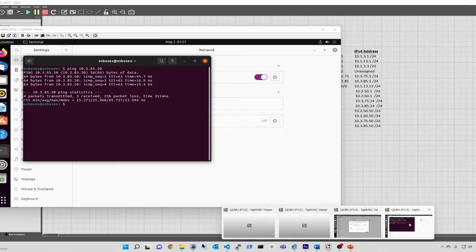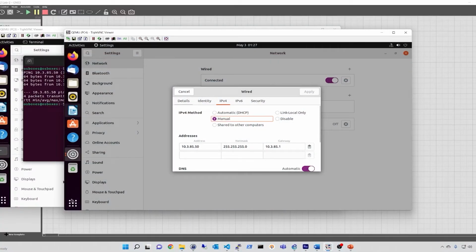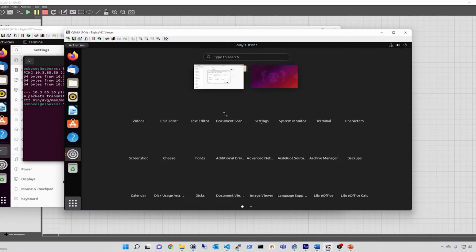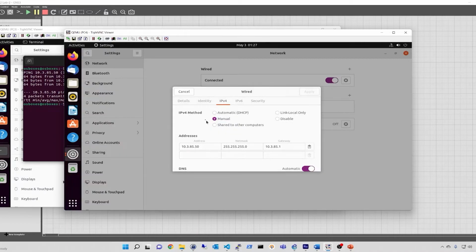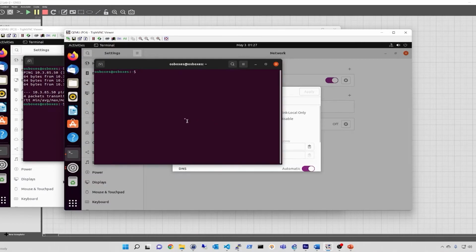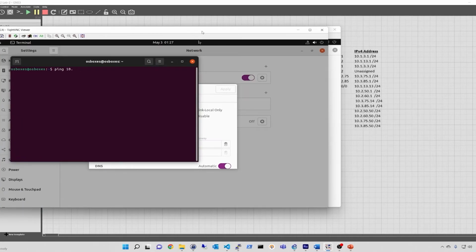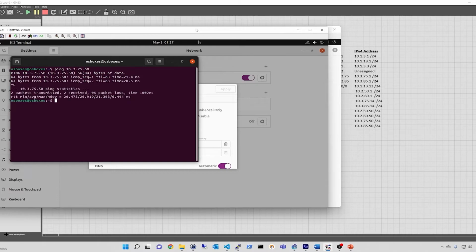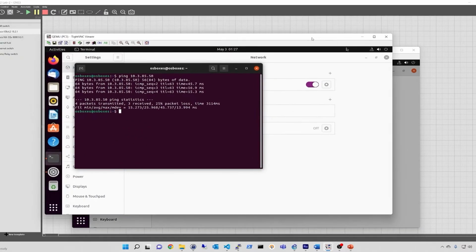Now we'll just make sure the reverse is true. So our Inter-VLAN routing is working, and we would be able to ping all the PCs from